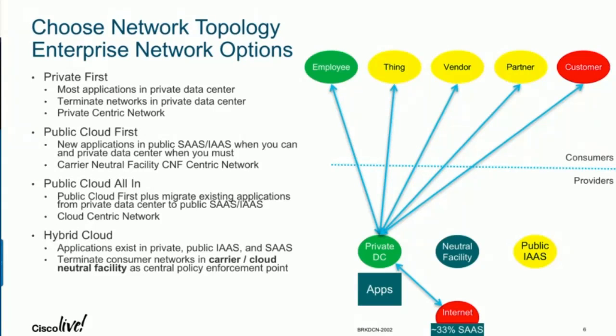And that became a way I started profiling customers, and I try to put you in a bucket, but then I realized this profiling is not appropriate, even in IT. But I tried it at first, because that's what we all do to try to simplify things. And so there's private first customers, which, if given a choice, are going to put it in their private data center. They're usually more cost conscious, and they'll go to public cloud for burst only, that kind of thing. And then you've got your cloud first, which is, if they're going to deploy a new application or replace an old application, their decision tree is public SaaS, public IaaS, private data center off the shelf, and then private data center